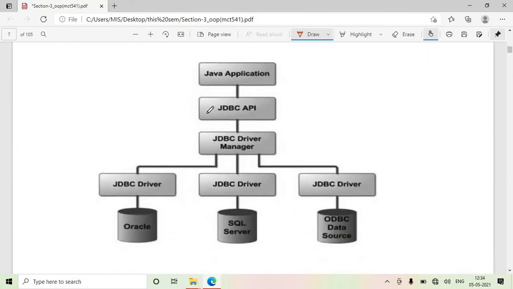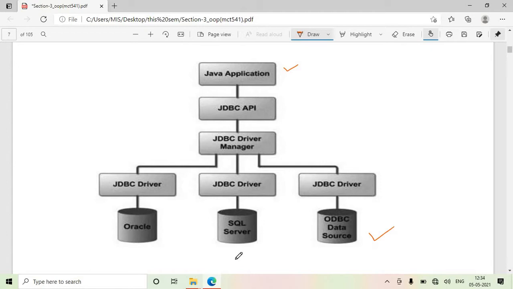So let's try to understand how this Java database connectivity works, or what is the broad level architecture of this connectivity. One end of this architecture is your Java code, and the other end is your database.